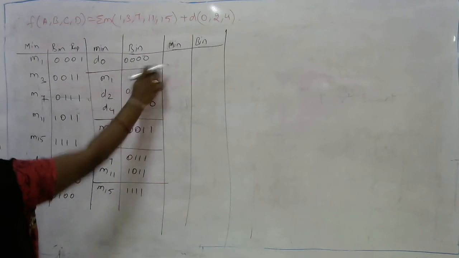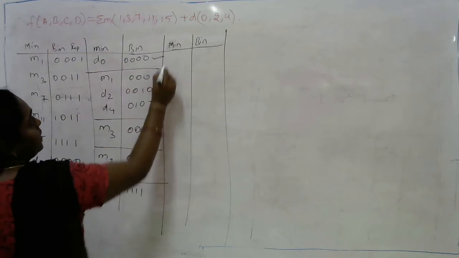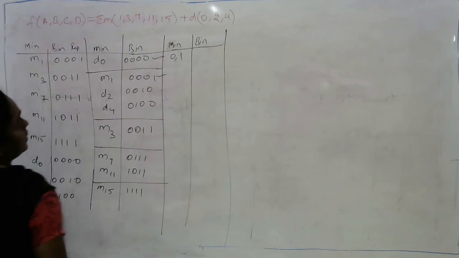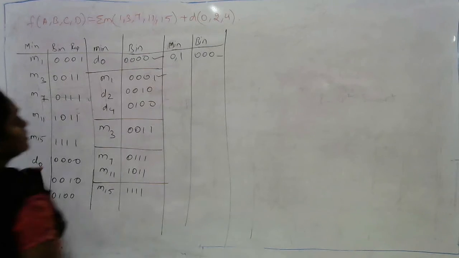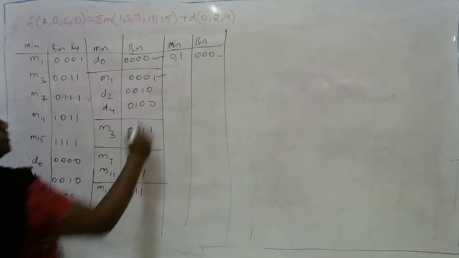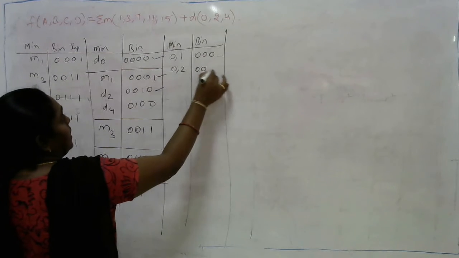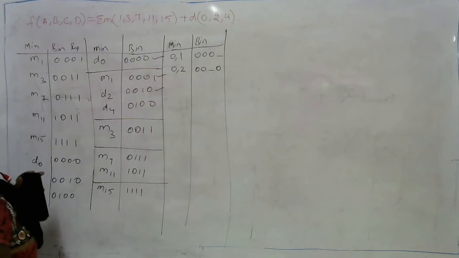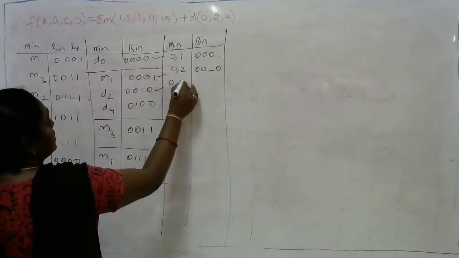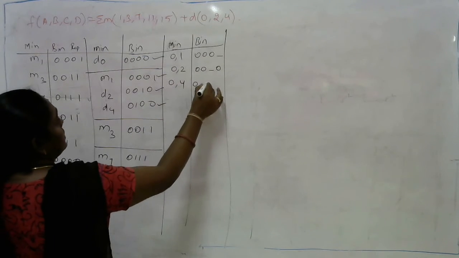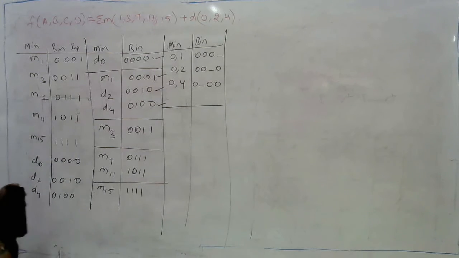So compare this 0 with M1. As there is change in the single bit position, I am keeping a tick mark and writing 0, comma 1. That change is 0, 0, 0 dash. Similarly, compare 0 with 2. There is change in the single bit position, that is 0, 0, blank 0. Similarly, 0 with 4. There is change in the second bit position, 0 dash 0 0. So keep a partition line over there.